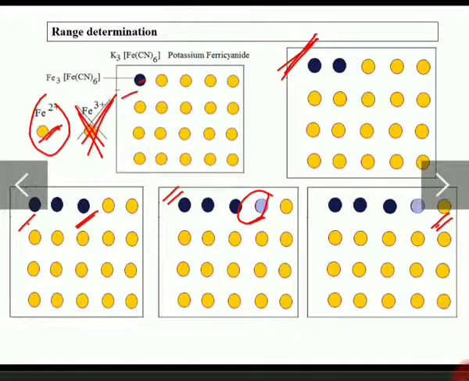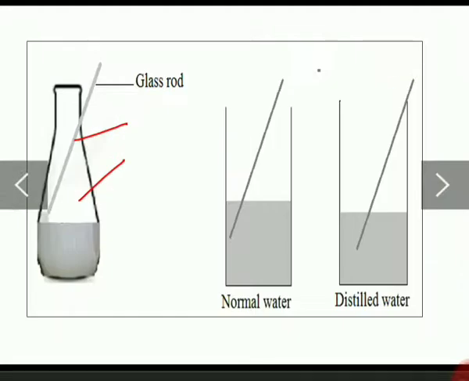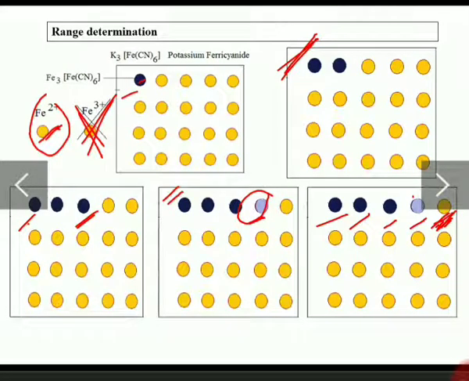Let's go through here. This one is where you added 5 ml at a stretch. This one is 6 ml. This one is 7, you add 1 ml. Next is 8. Here it is 9. So for 8 ml you have got a color. For 9 ml you have not got a color. So it says that the end point or the range of the titration lies between 8 and 9.